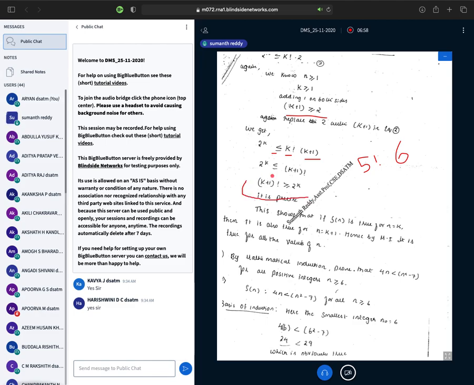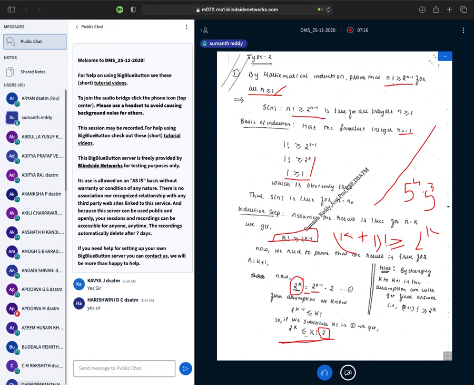I told you, right? In the assumption stage, I had k factorial is greater than or equal to 2 to the power of k minus 1. For the final result that you need to prove, I have given you the hint: you just have to replace k with k plus 1. If you do that, this is the expression that you will get. I know this is a little bit confusing, but I'm using the same procedure.